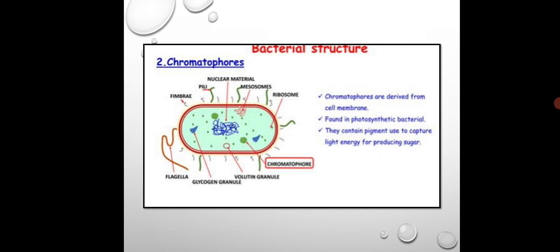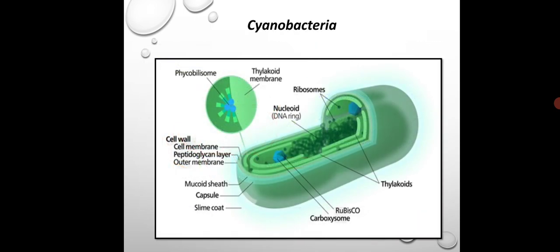Under this heading we are actually studying the pigments which are responsible to carry out the process of photosynthesis, and the location. So in the photosynthetic apparatus, we study the location of photosynthesis and the pigments which are used to carry out the photosynthesis. Now talking about the cyanobacteria, if you see the structure of cyanobacteria, it consists of the cell wall,